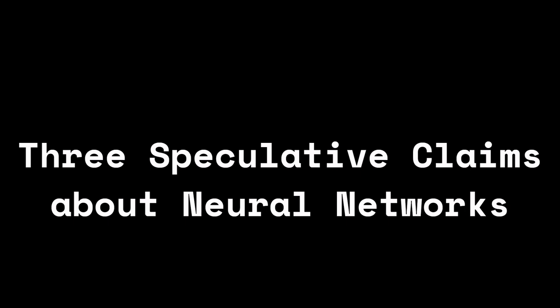Sometimes you read a paper or a blog post or something and you think, yes, of course, that makes sense. But the more you dive into the topic, the more you find aspects of it that you did not grasp before, that were a little obscure. Words that mean something else in context than they mean in common use. The 3 speculative claims about neural networks is one such topic.